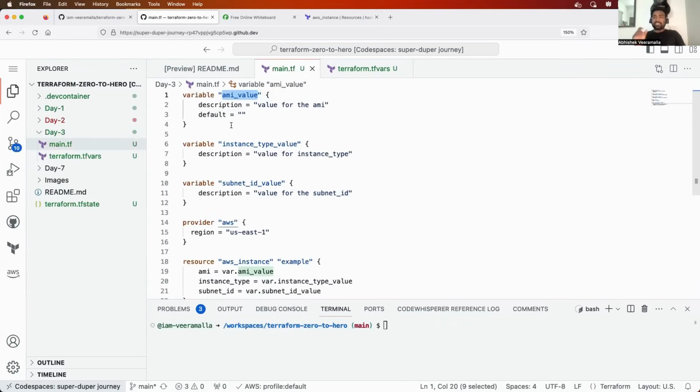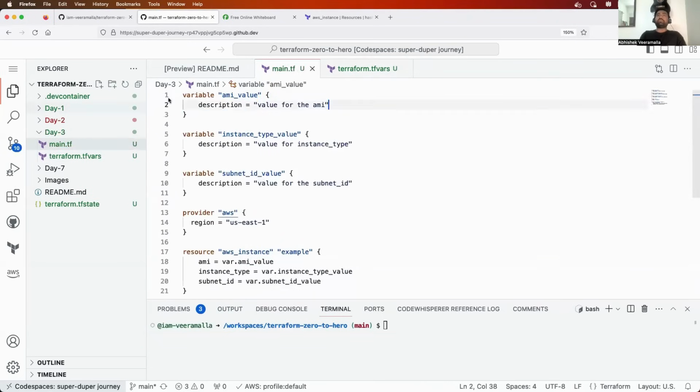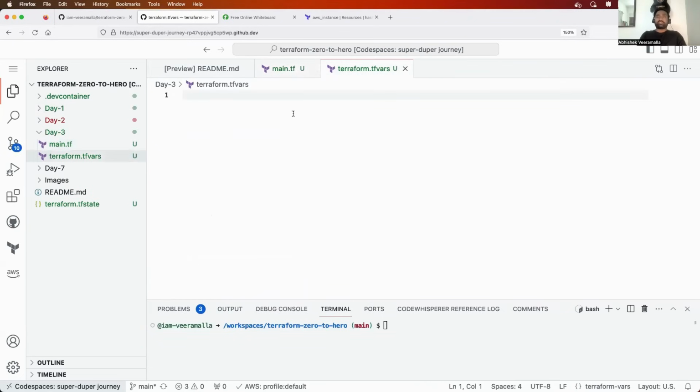Using the Terraform command, when they are running terraform apply, they can say -var, provide this variable name and pass it, or through any other ways they can pass this. But if you are using this tfvars, the advantage is that you don't have to check in this tfvars file to your source code. You can ignore this tfvars file in your GitHub repository,